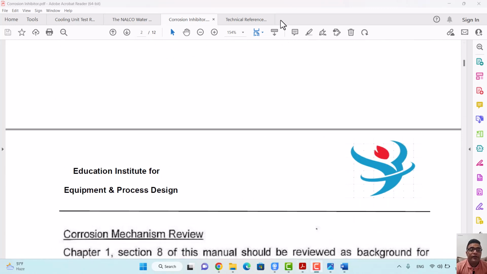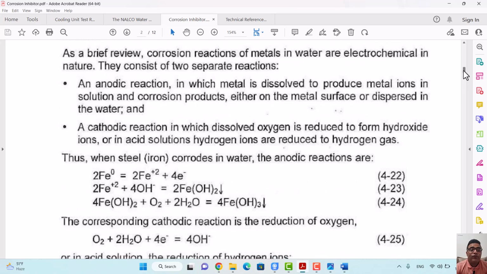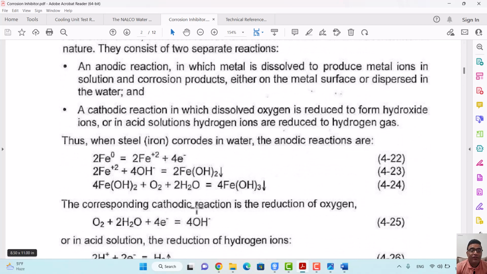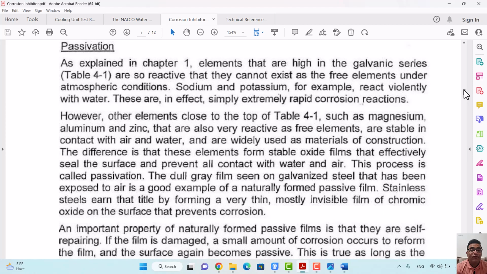So far, let's have a review of what we have learned through these episodes. We have talked about corrosion mechanism. We said that we have two corrosion mechanisms. The electrochemical mechanism consists of anodic reaction and cathodic reaction, and we said that the cathodic reaction is paramount, the more important one, and of course it controls the corrosion reaction. Here are the anodic reaction and cathodic reaction. Then we talked about polarization and passivation, and we said that